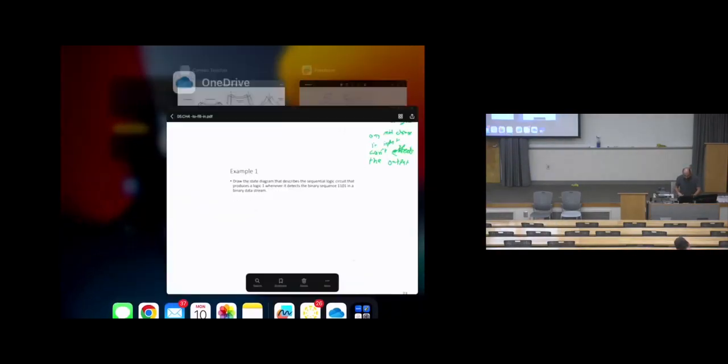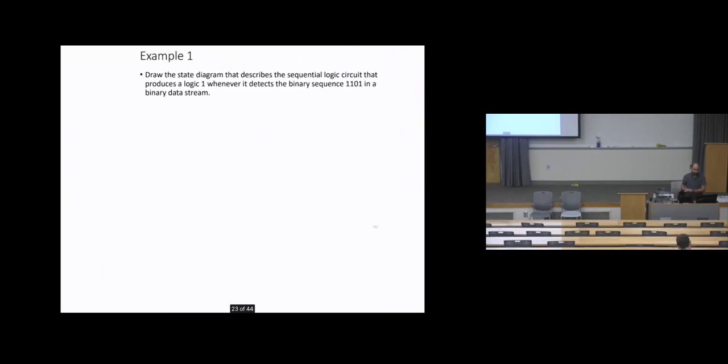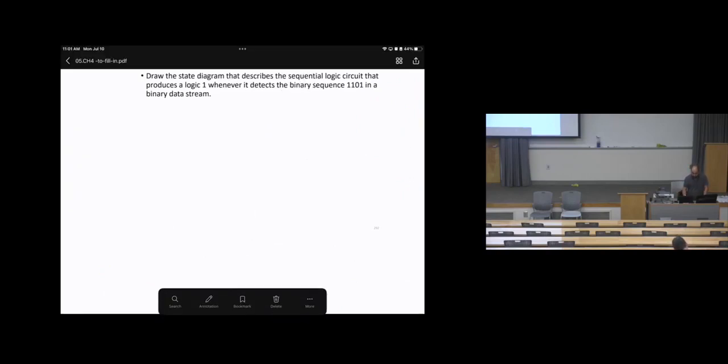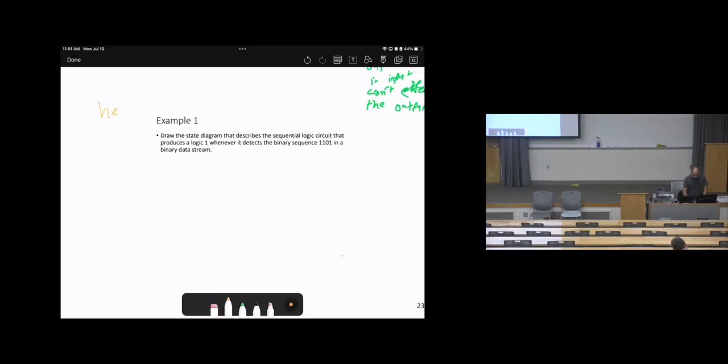Next lecture, we will go through some practical examples to see how we can solve problems using Moore's model and Mealy model, how we can draw the state diagram and make the state table. And as we know,